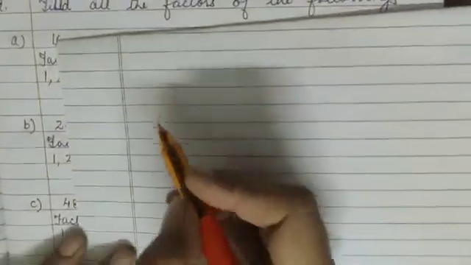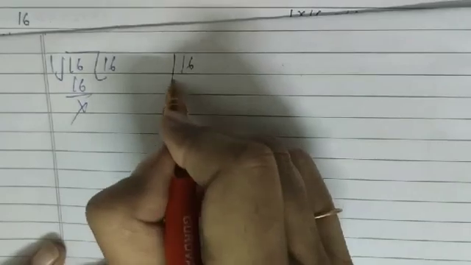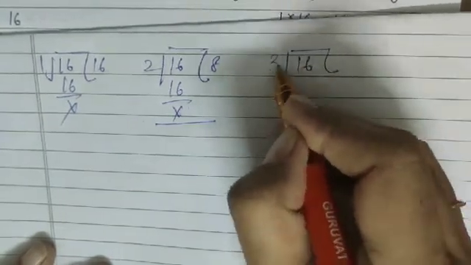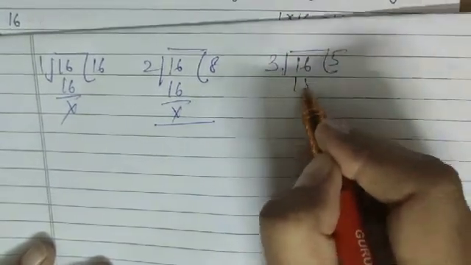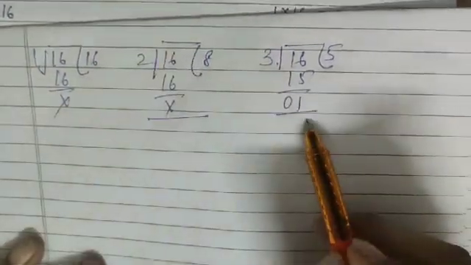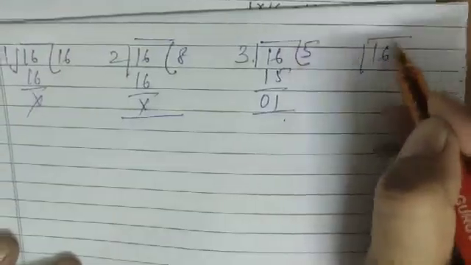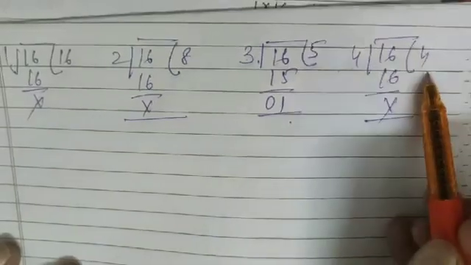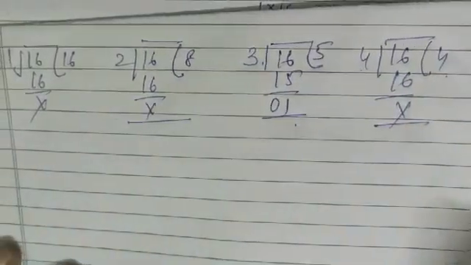So we have to find the factors of 16. First of all, 16 divided by 1. 1 16s are 16. Now again 16 divided by 2. 2 8s are 16. Now 16 divided by 3. In the table of 3, 3 5s are 15. We are not getting the exact answer because a remainder is there. Now 16 divided by 4. 4 4s are 16. Completely divisible and we are getting the same number. Now here we will stop finding the factors.